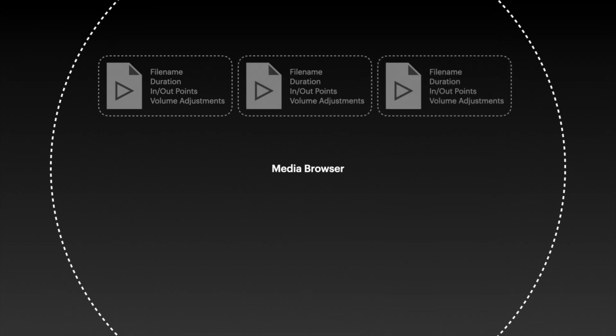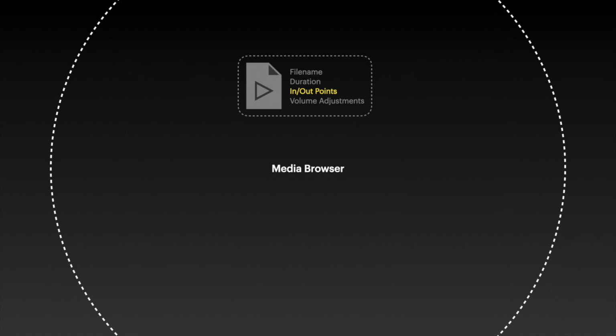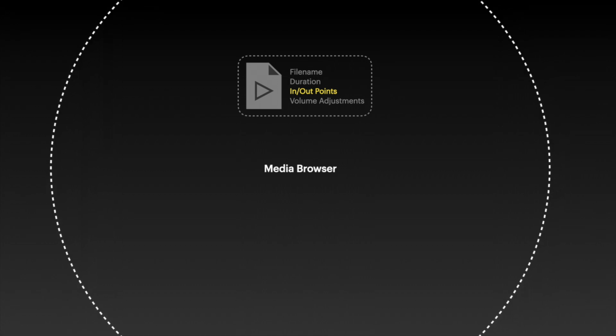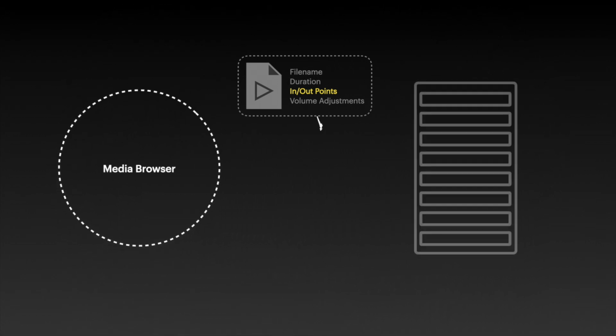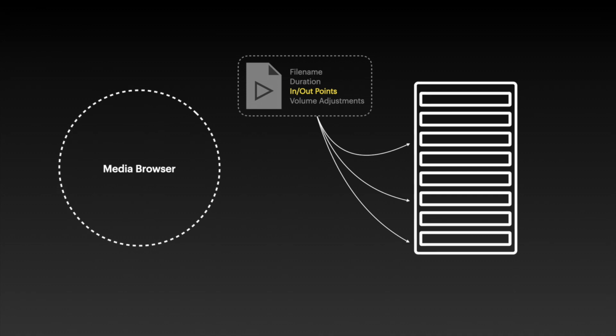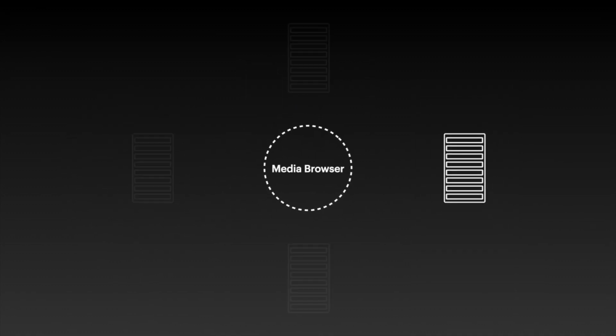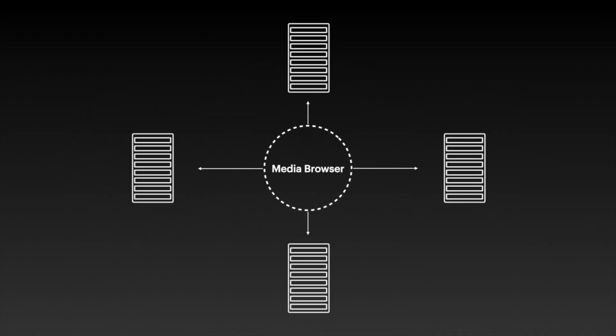You can make the in and out points, change the volume, and the metadata is all stored within that media browser. So let's say if a clip is wrong, it's too long or dips to black, you can edit the clip and every instance of that clip is fixed. That media browser can then share that data to multiple instances of OnTheAir video, so multiple television schedules share the